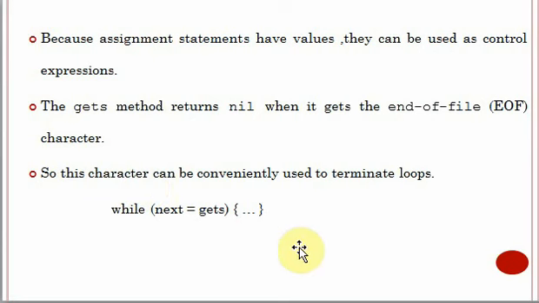What this means is, suppose you have a looping statement, or you might have encountered an infinite loop. Then how are you going to come out of or terminate the loop? Suppose you're speaking about Windows, then you can use Control Z, which can be used to terminate the loop. Here they have given one example, while next = gets. gets is reading from the keyboard, so if it goes into an infinite loop, then you can terminate it by using end of file. So that is about control expressions.